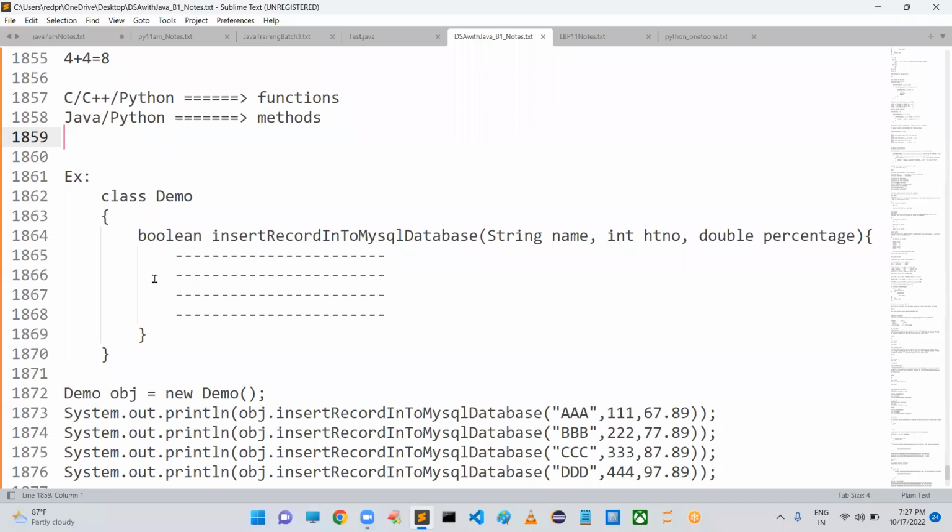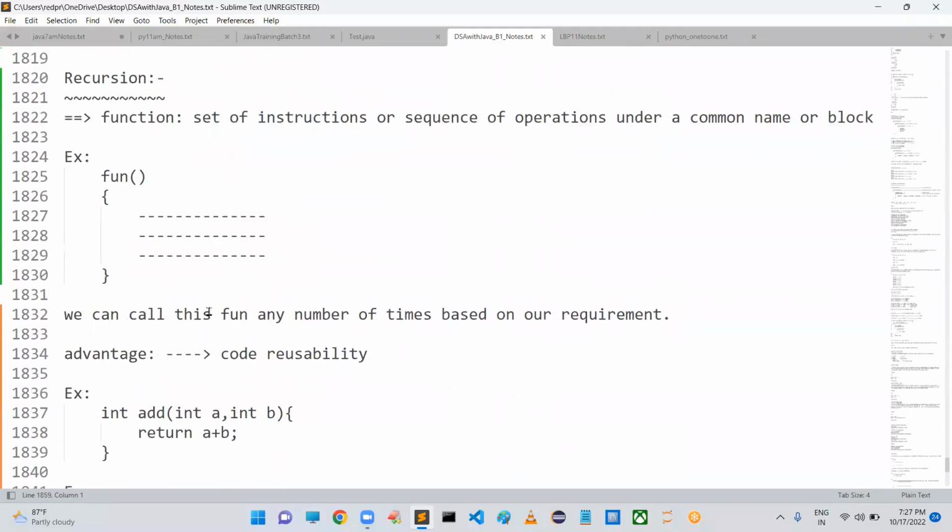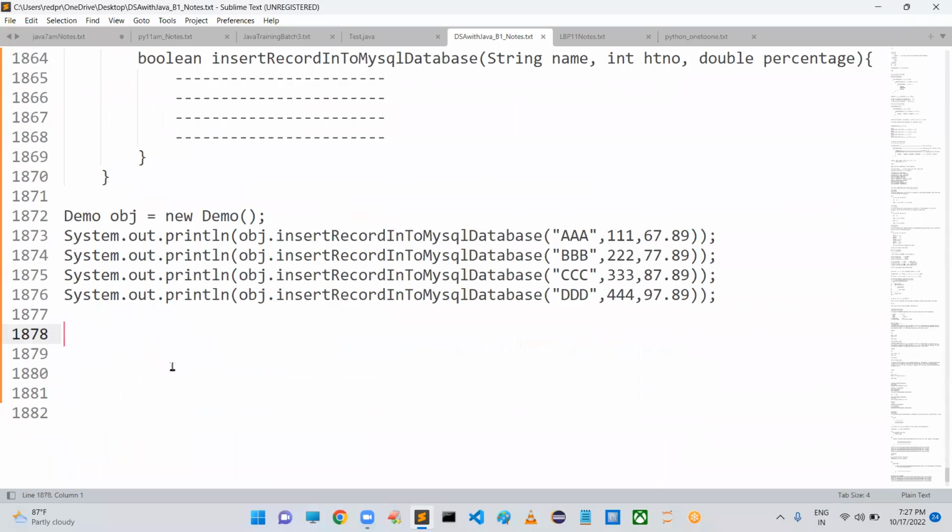When can we call it a method? If you have declared that particular function within a class, then it is called a method. Otherwise, it is called a normal function. So this is just a small introduction to functions. I hope you got very clear terminology about these functions. Already we know this, but why did we cover it? Because some small tricky questions are there. That's why I have taken this. Don't worry, we will dive into the syllabus now.